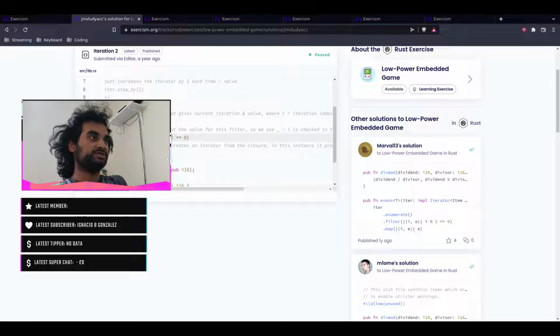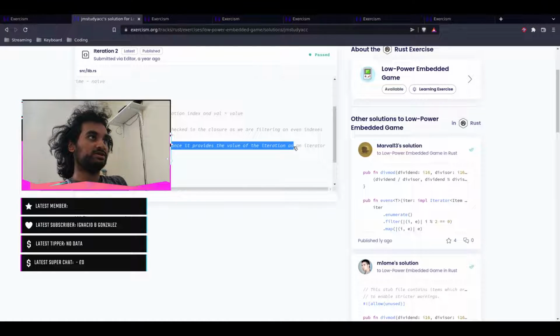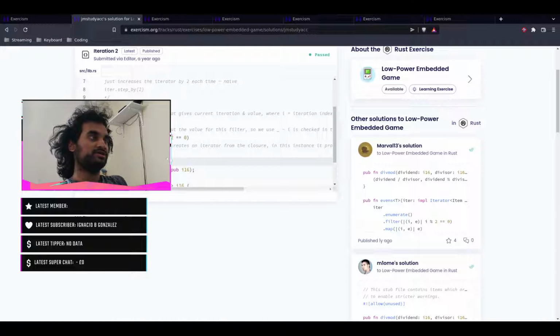Dot filter, and then you're doing the absolute value of i colon underscore. So I'm guessing i is the value and the underscore is whether it is present or not, if you get an error. And all you want to check is i modulus 2 equals 0. So if the value divided by 2 doesn't leave a remainder, then takes a closure and creates an iterator from the closure. In this instance, it provides the value of the iterator as an instance of the iterator. So this just maps the value of i